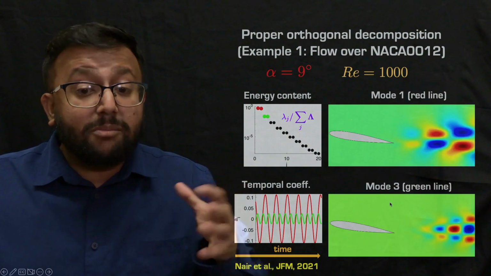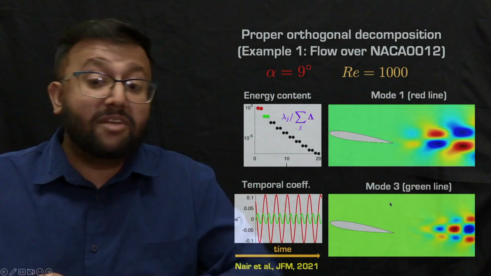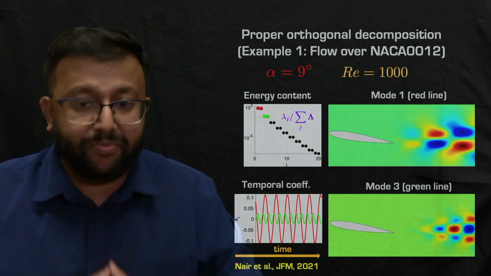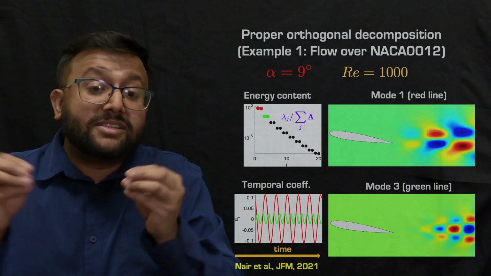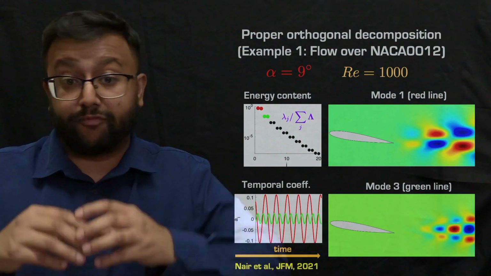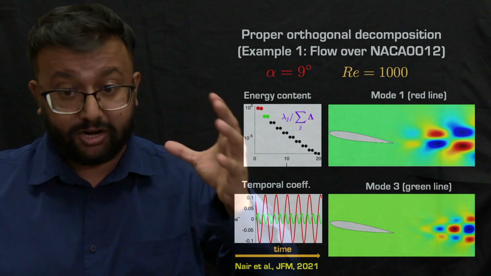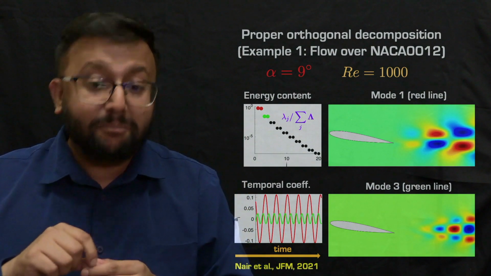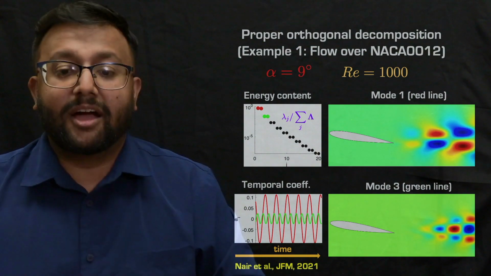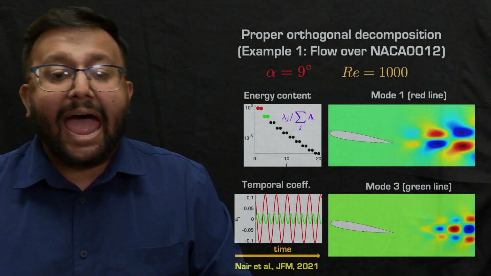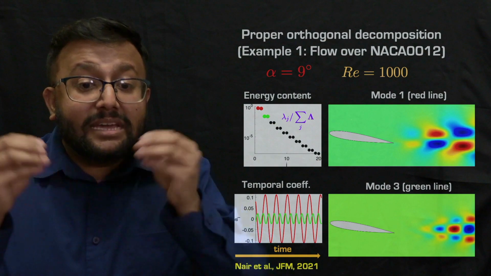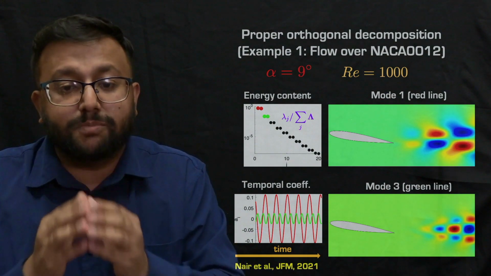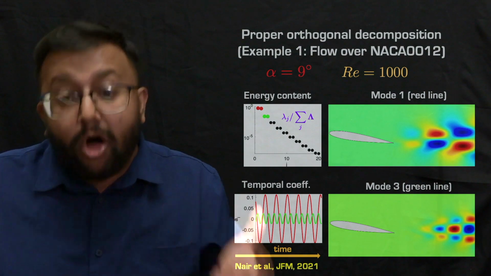Now, the spatial modes themselves reveal the spatial structures of the streamwise velocity in the wake. You can see that the spatial structures of the dominant mode are larger, which means the wavelength is larger, or the wave number is smaller, depending how you think about it. And the wavelength of the structures becomes increasingly smaller for modes with smaller energy content.